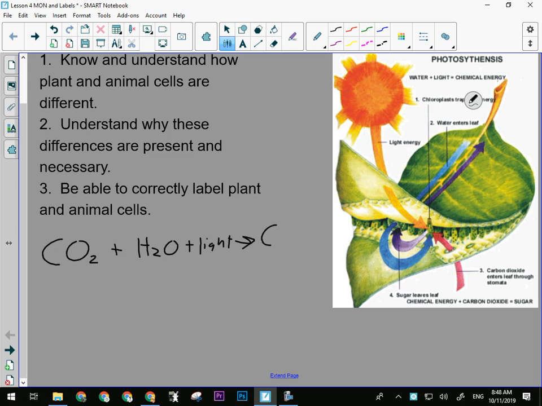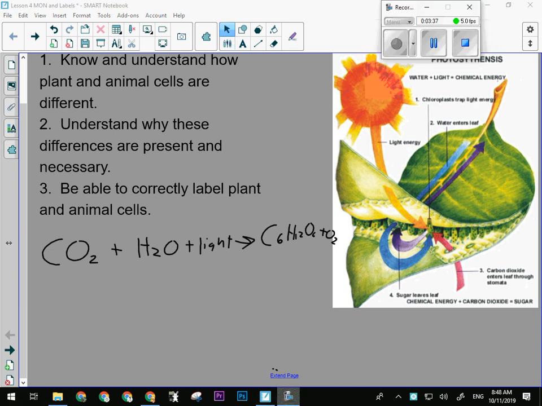and that will form C6H12O6 plus O6 plus oxygen. That's the process of photosynthesis, the chemical reaction of photosynthesis. Once the plants have made their sugar, or you or I have consumed something that can be turned into glucose, the opposite reaction occurs. So this is the reaction for photosynthesis, which directly and indirectly powers all organisms on